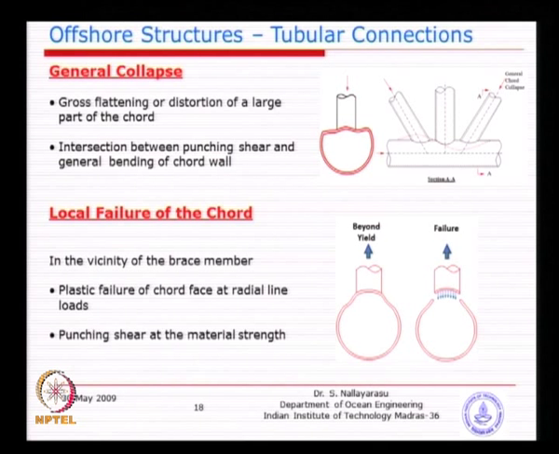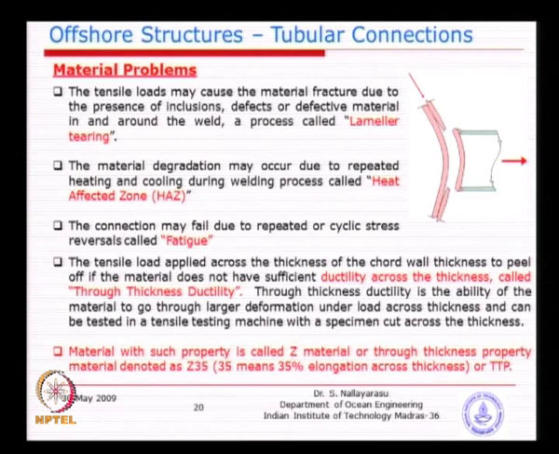If it comes out like this, it is no longer a material problem, it is actually a local wall thickness problem, not enough thickness, so it is coming out. Whereas here you see this picture, the wall thickness is still adequate, but unfortunately the material has degraded for several reasons. One of the reasons could be the heat affected zone. Basically at that location, when you are welding, you are increasing the temperature to 1000 degrees.